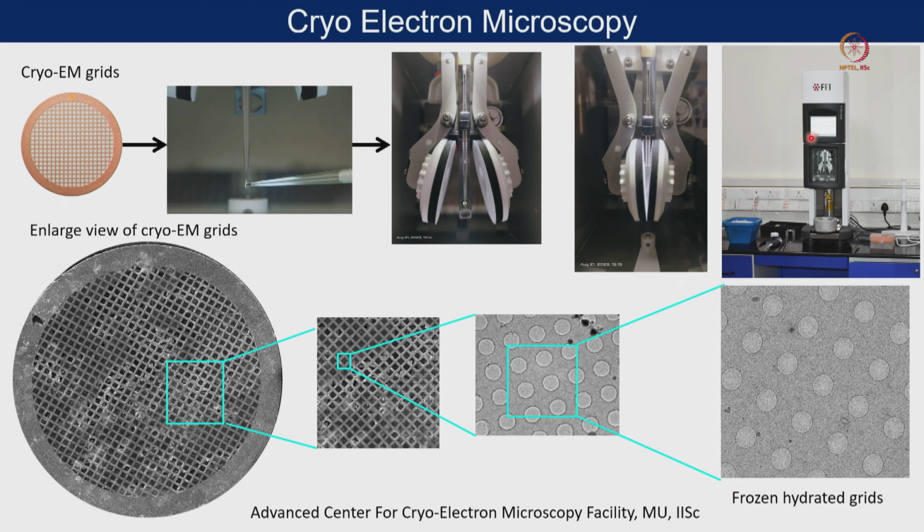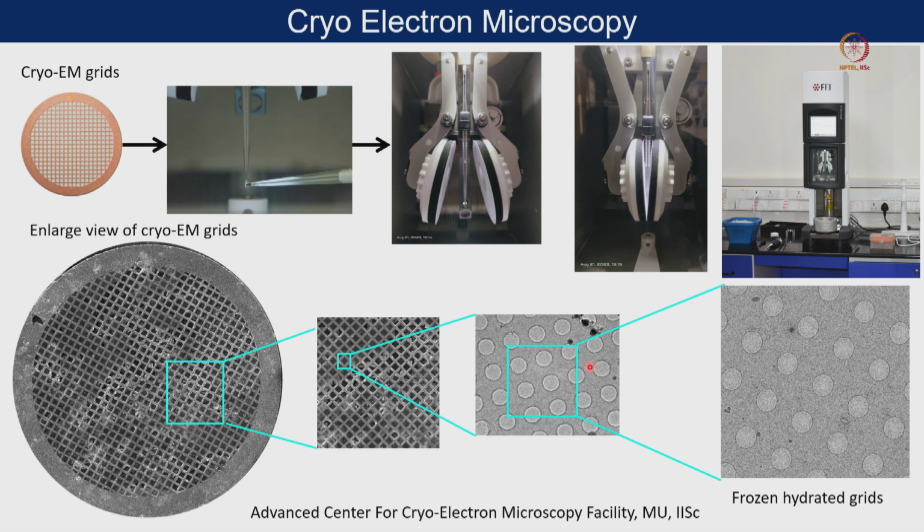If you look at this window, there are lots of parameters you can adjust. This is the blotting area, where the 2 blotting pads are connected and your grid will stay somewhere here. Within this chamber you can control the temperature, you can control the humidity, and you can also control how much blot force you want when it blots your sample. Not only that, you can also control how long you are going to blot your sample. And when the blotting is done, you quickly plunge into liquid ethane.